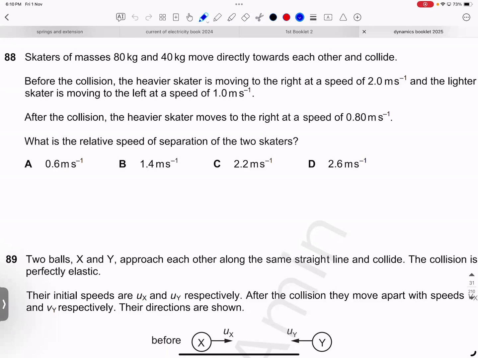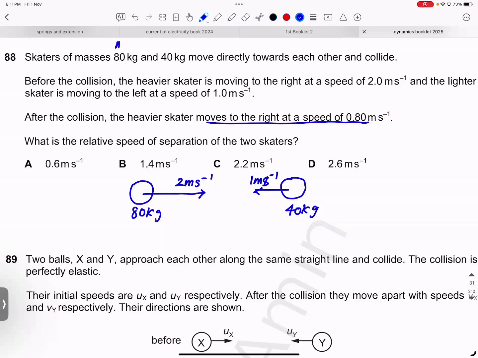You can picture the situation. The heavier, 80 kilogram, is moving to the right at 2 meters per second. The lighter one, which is 40 kilograms, is moving to the left at a speed of 1 meters per second. After collision, the heavier moves to the right. Wait a moment. Before collision, heavier was right, lighter was left. After collision, heavier moves to the right at this speed. So if heavier again moves to the right,